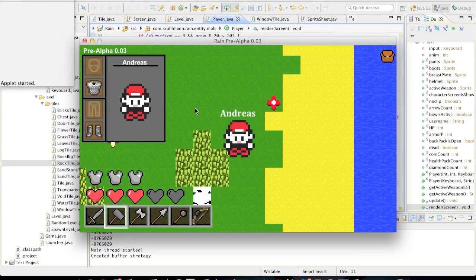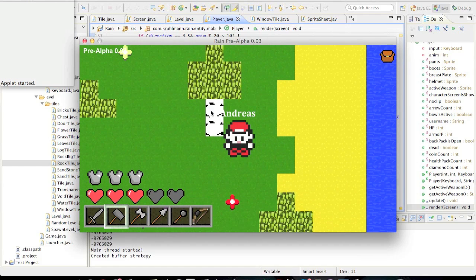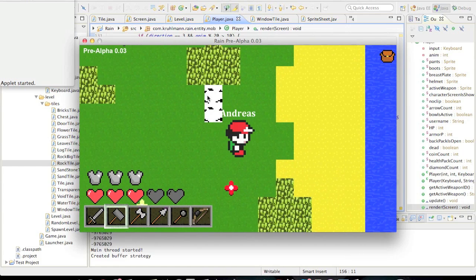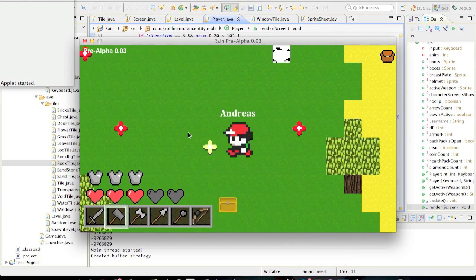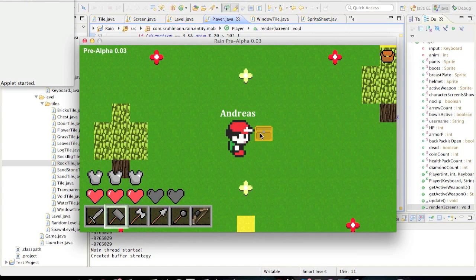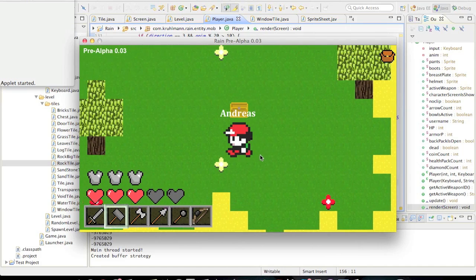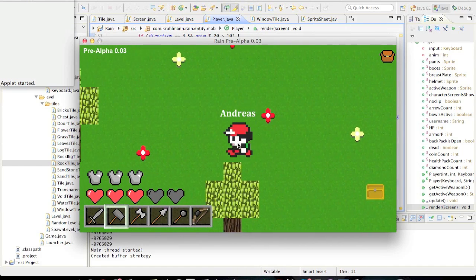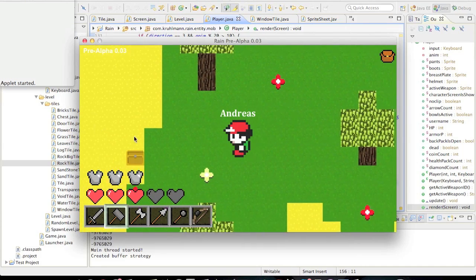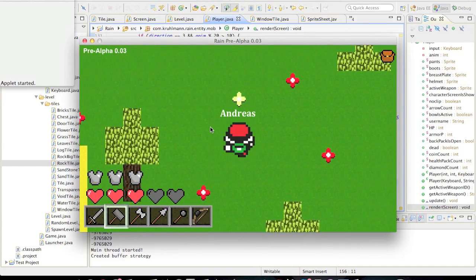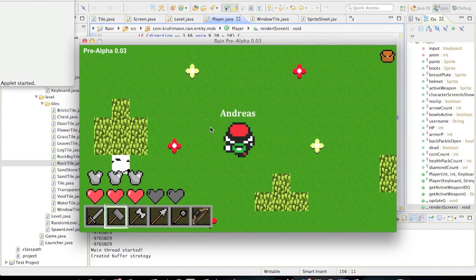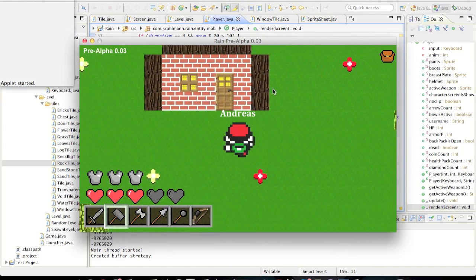Okay, as you can see here, I've also added birch logs and chests. And chests will be holding loot like armor, for example. And there's also a chest over here. There it is. Now I'm going to show you something I've been working on for like 6 hours to get around,